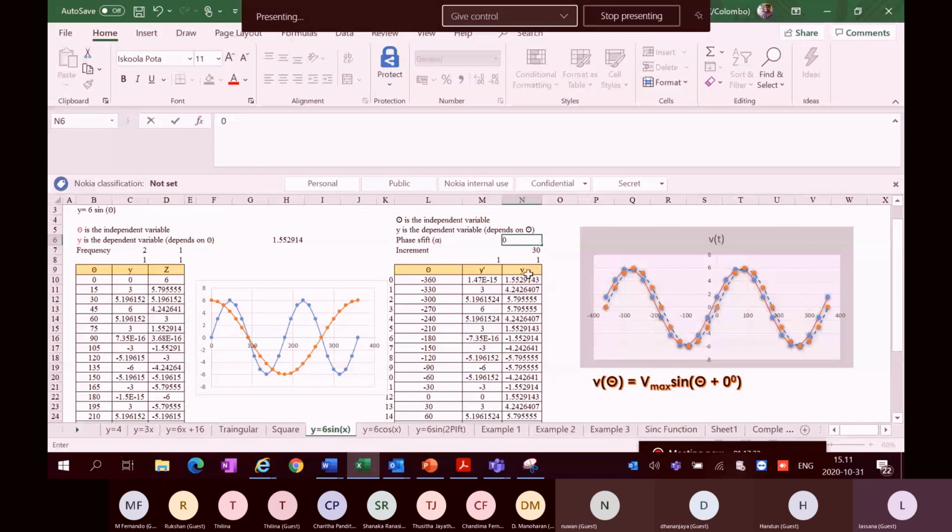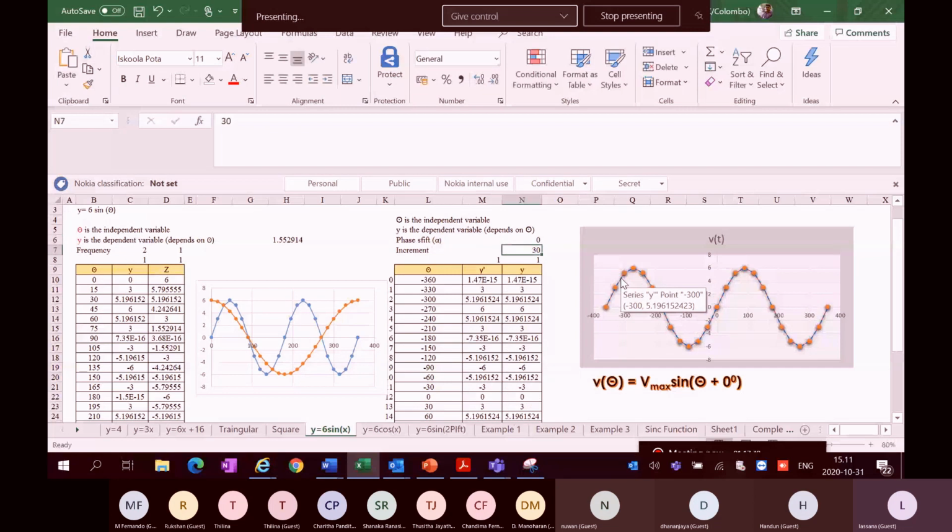Here you have two signals coincide together. But if I give plus 15 degrees phase angle, see what happens. Your straight line signal came to the front in this direction. If I put minus 15, see what happens. If I add a minus 15 phase angle, it went to the back side.